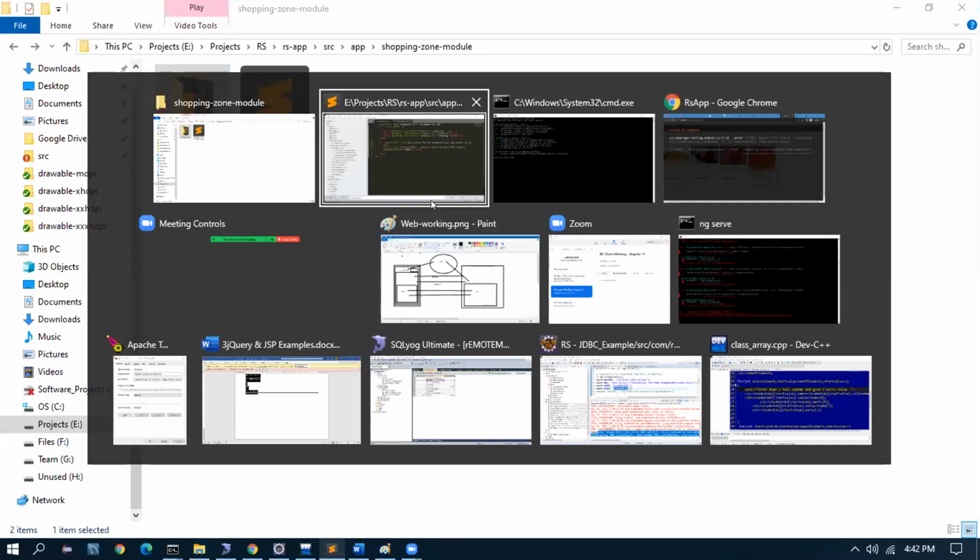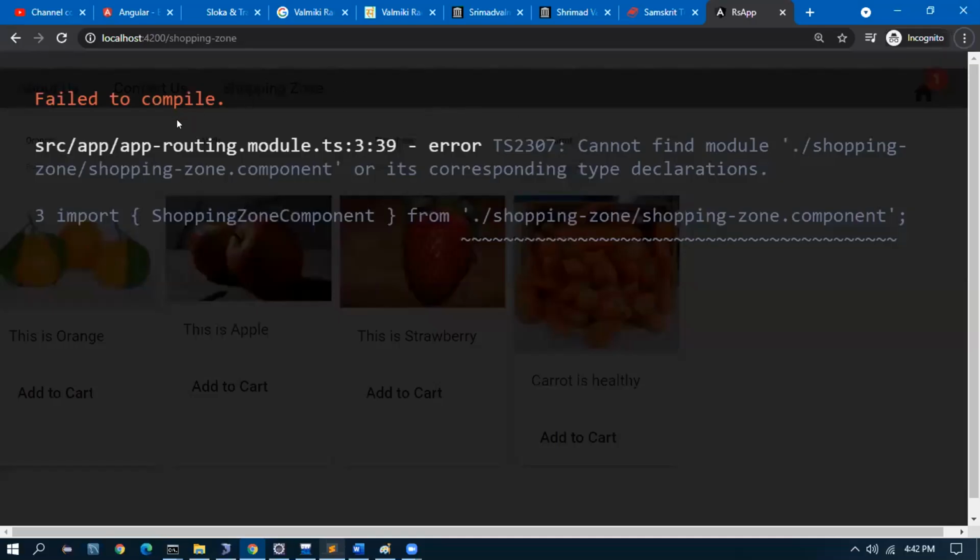The reason is, when you see this menu, we have three menus: about us, contact us, and shopping. The shopping module, if you see, it is going to fetch the data for the products, the images, everything is going to load. Okay. Correct.